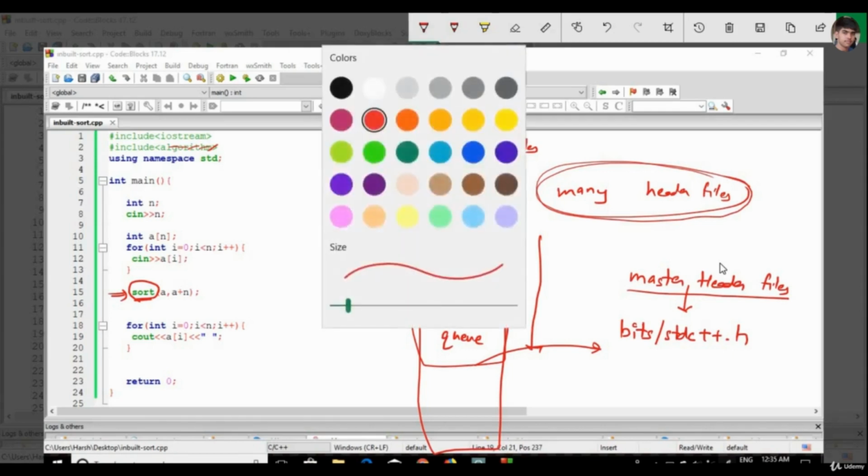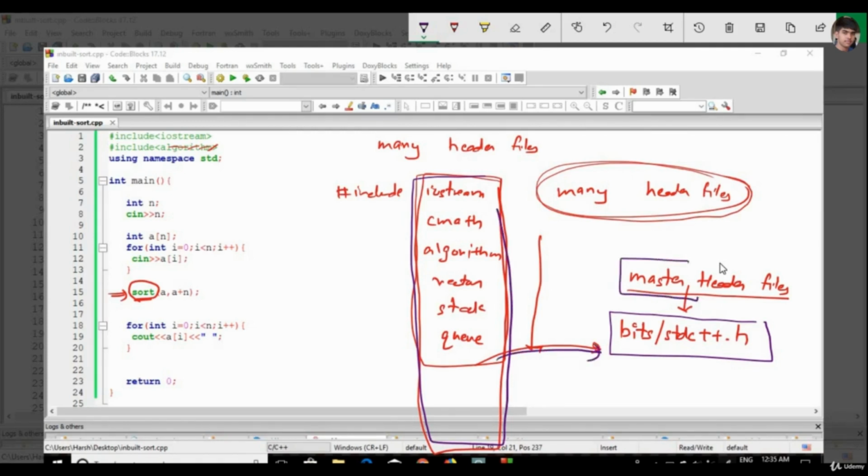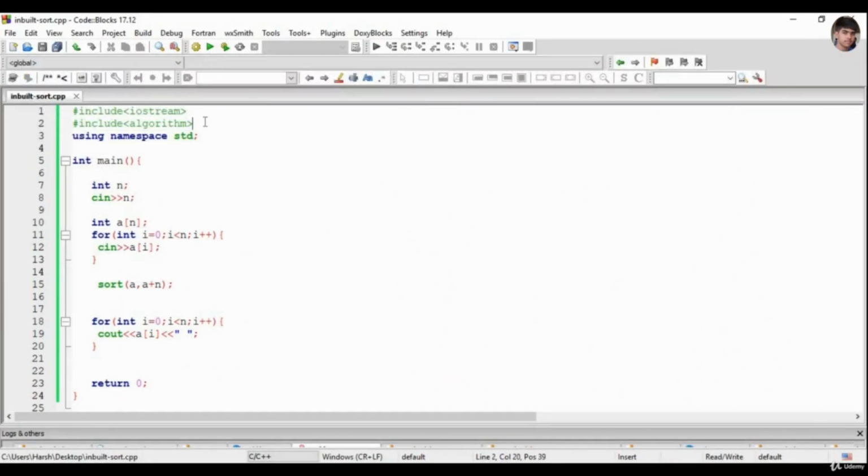One more time: if you include this file in your code, then all the header files in C++ will be included. That is the reason we call it the master header file. And why do we need it? Because there are many header files in C++ and we cannot remember all of them. So now we will remove both of them and write here